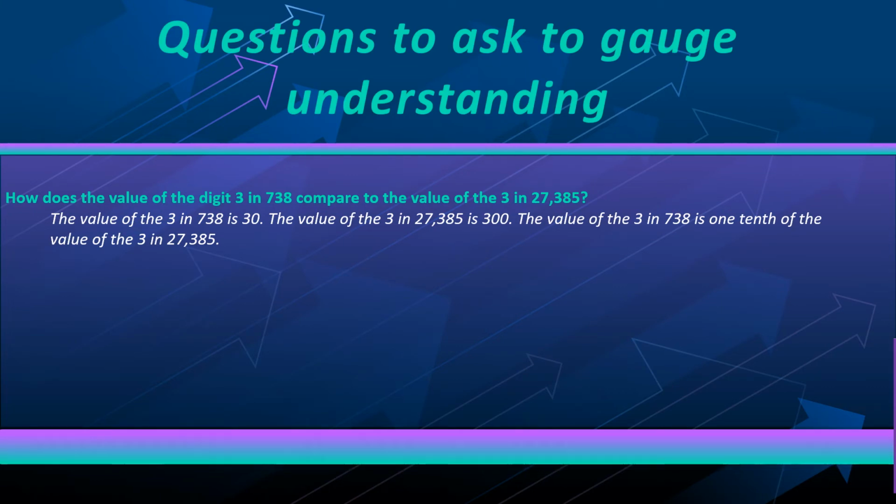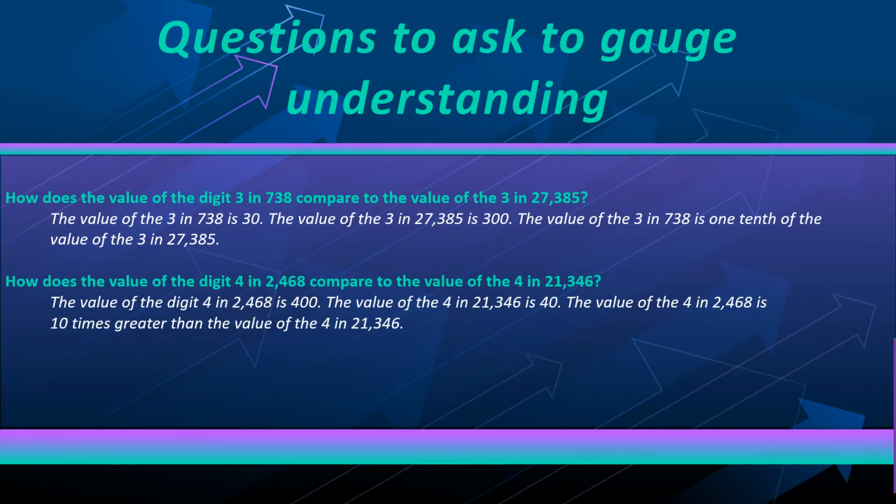Here are some sample questions that you could ask to gauge student understanding in this fourth grade place value unit. How does the value of the digit 3 in 738 compare to the value of the 3 in 27,385? What you want to see is that kids can recognize the value of the digits based on their location, and that the value of the digits will be different based on their location. And moving into understanding those place value relationships, that the 3 in 738 is 1/10 or 10 times less than the value of the 3 in